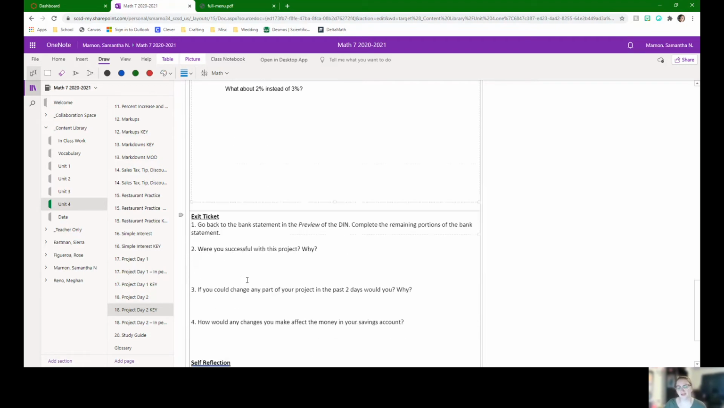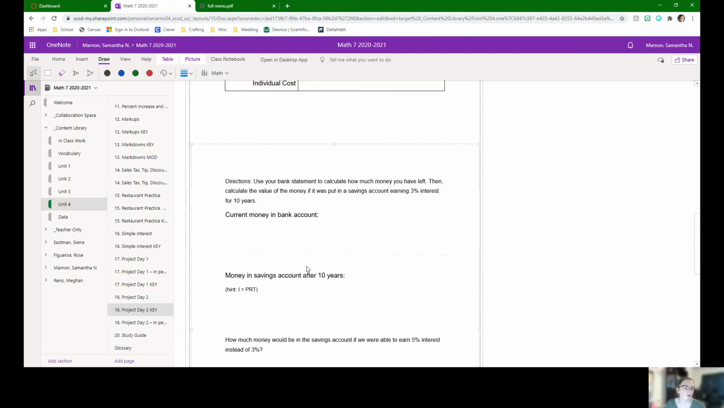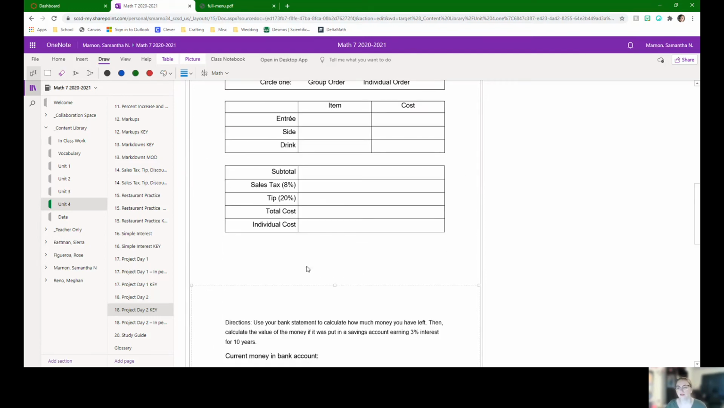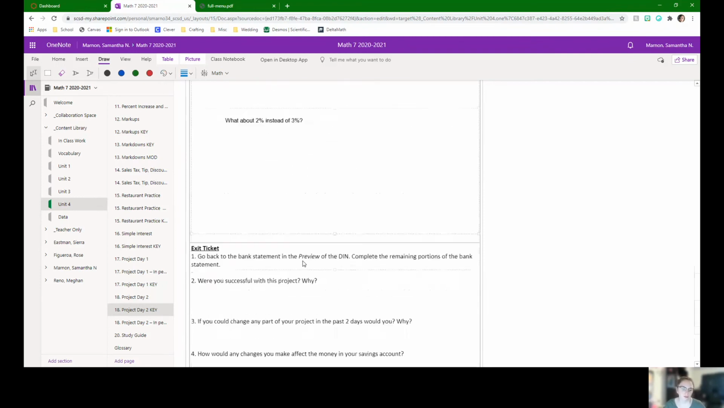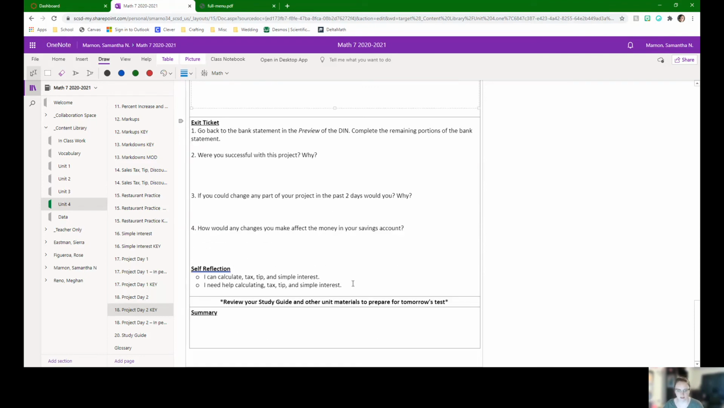Your exit ticket is just going to be an analysis of the project and how well you did. Is there something you would have done differently? Now that you've gone through it the whole way, would you have made sure your discounts were better calculated and you double checked your work? Would you have ordered something different? Those kinds of questions. When you're done with day 2 of your project and your exit ticket, just go back, look at your study guide here in your OneNote, and just prepare for tomorrow's